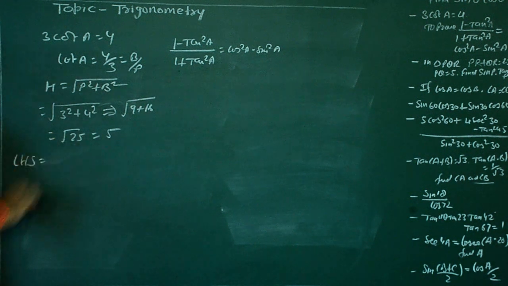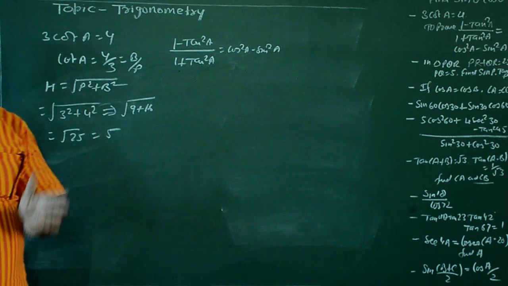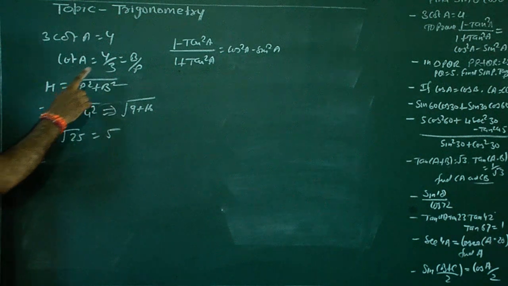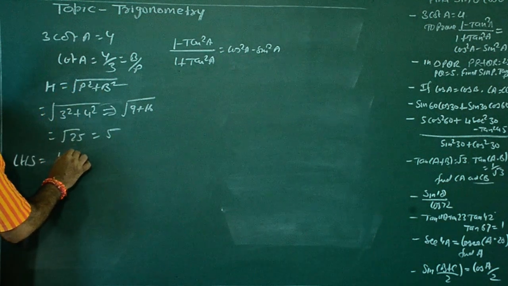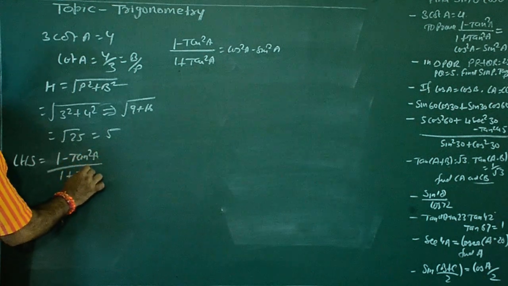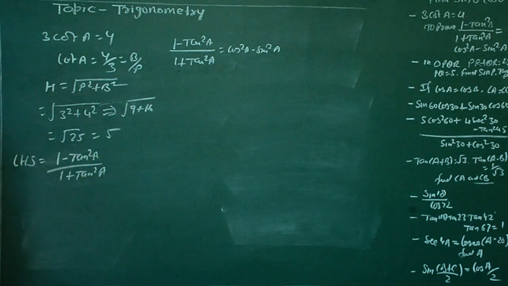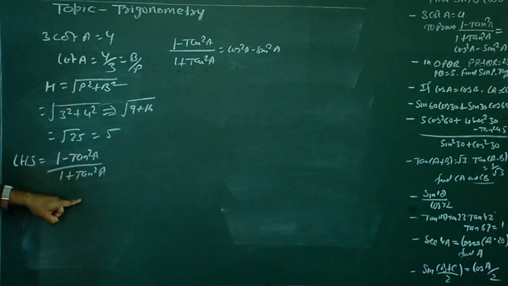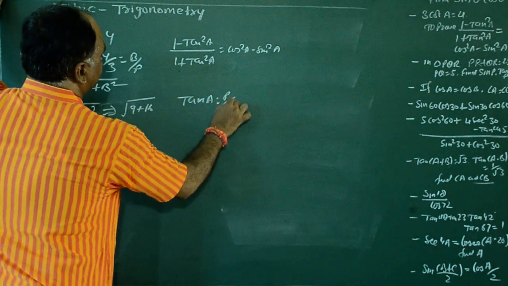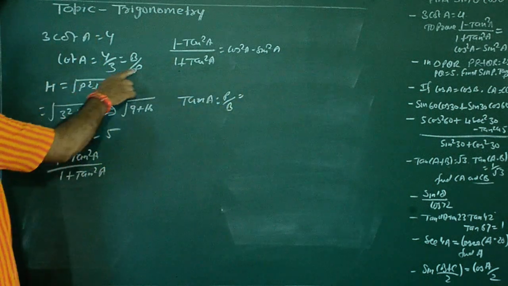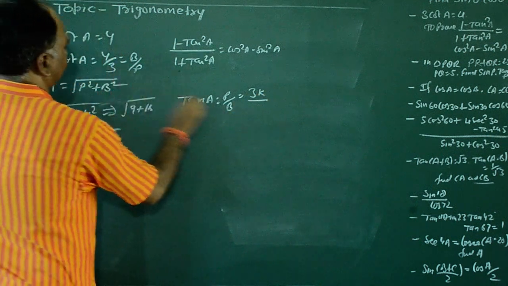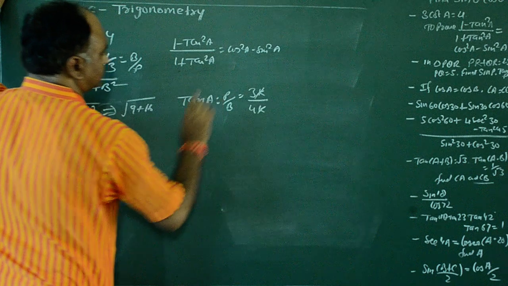When you have to prove any number, then first you will find the value of LHS, and then you will find the value of RHS. Okay, so first you will take here LHS, 1 minus tan square a upon 1 plus tan square a. Look here. Now we need here the value of tan. So first put the value of tan a, that is p upon b. What is the value of p? That is 3k. B, that is 4k, cancel it, and you have got 3 upon 4.